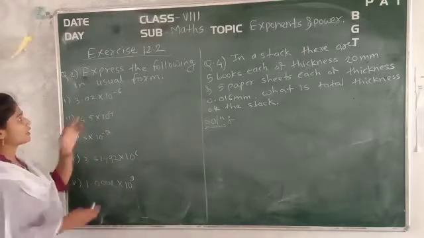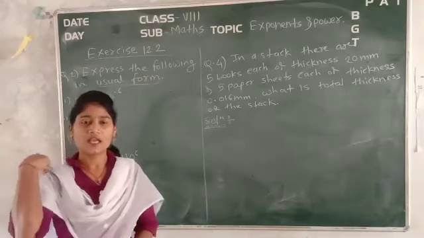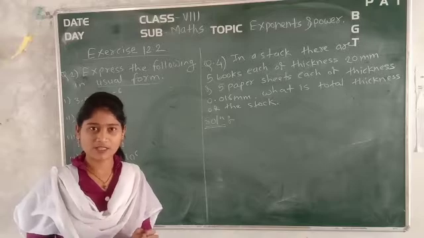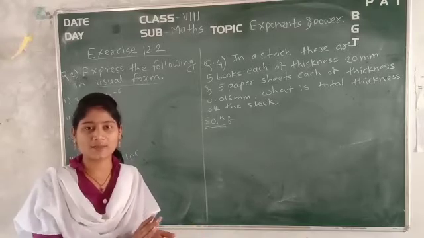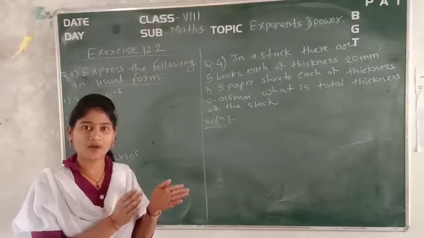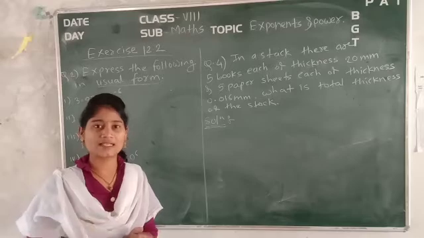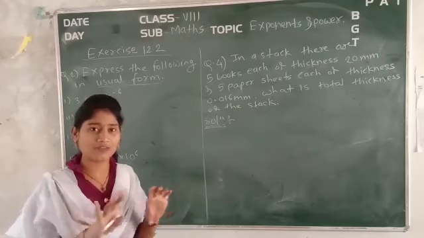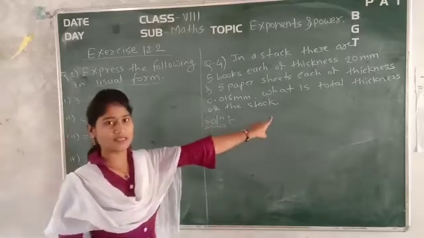Now you already know, before that, we expressed the given number into standard form. How did we express the given number into standard form? By using the form a × 10^m, where a was the decimal number, and the range of a is from 1 to 9. That is 1 ≤ a < 10. It means this a, the decimal number, should lie within this 1 to 9 range. So you have to remember that in this case.